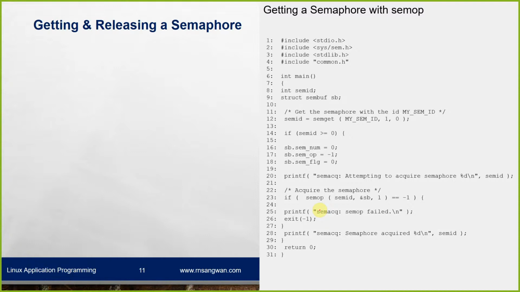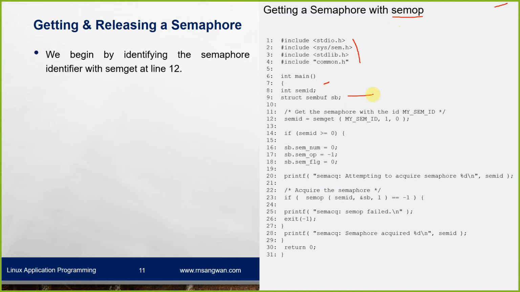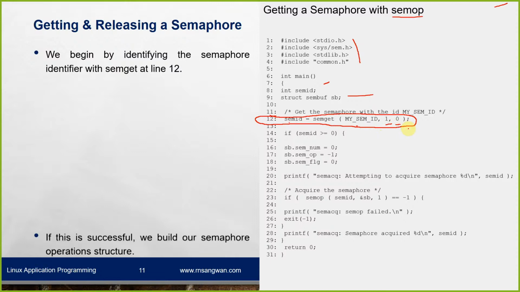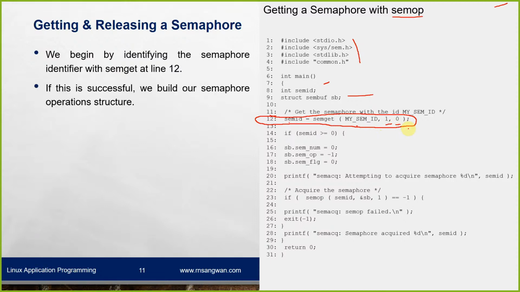This is a complete example which makes this concept clear. Semaphore operation as semop. The header files, the main program. Let's understand this program. We begin by identifying the semaphore identifier at line number 12. Semaphore ID equals semget, on the semaphore which we created in the previous example, semget my semaphore ID, and 1 and 0. What this signifies we already know because we have been using this value. If it is successful,